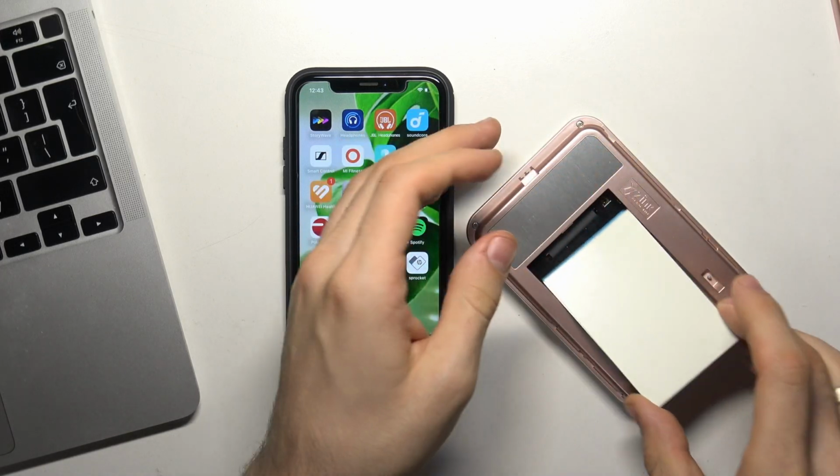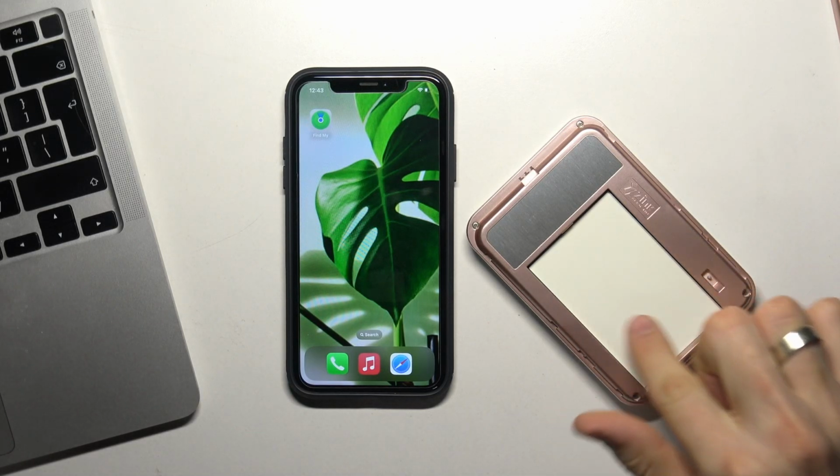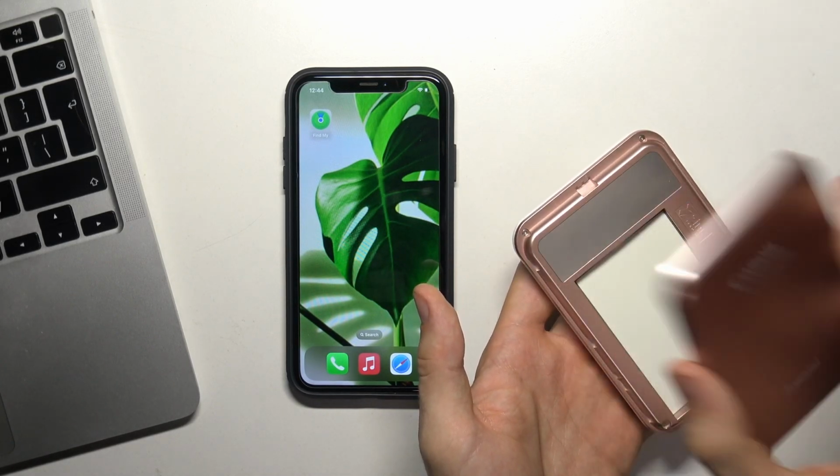And cool. And then just install these paper cards. Try not to touch this side of the paper, because it can damage your paper cards, and the quality of the printing will be damaged too. So cool. Close the cover